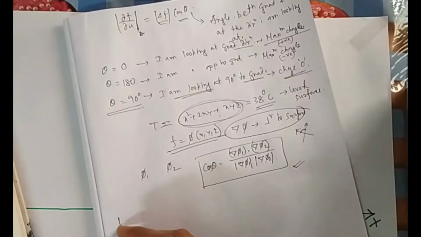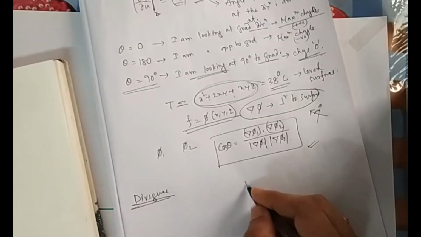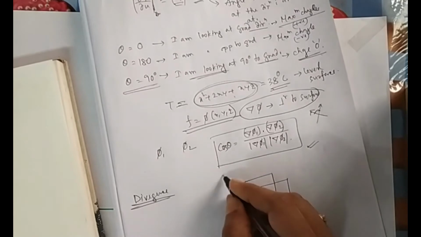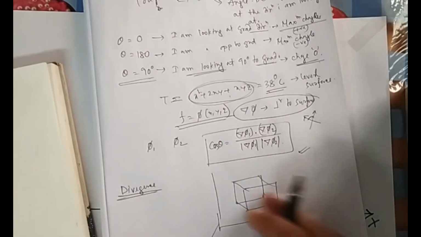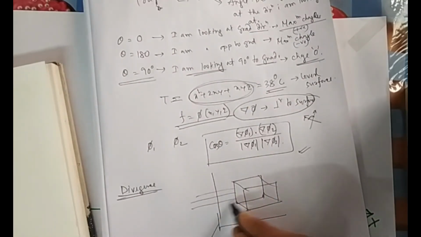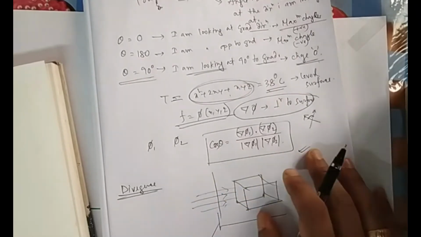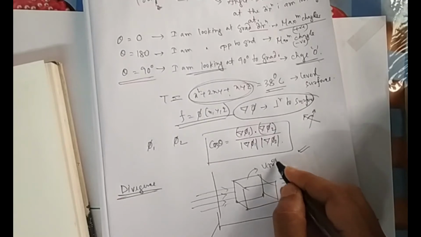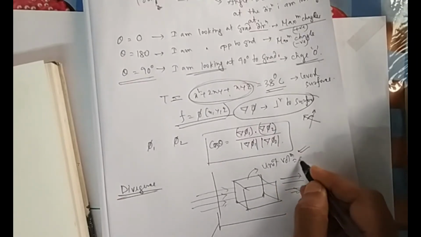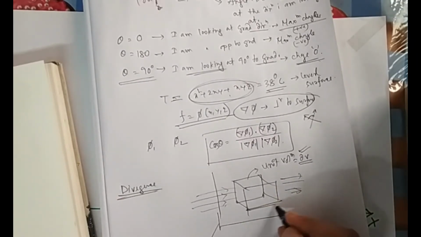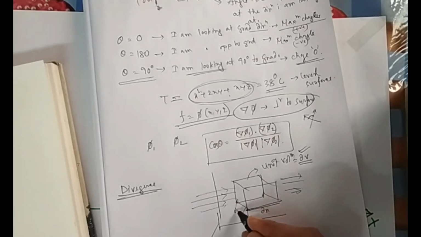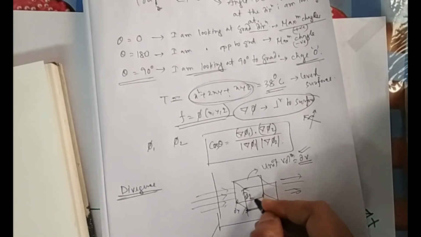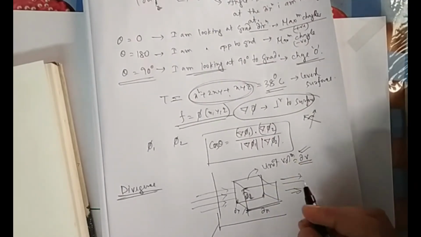Then we will come to divergence. What is divergence? Divergence means, suppose in 3D, fluid is coming or water is flowing and water is going out, and this box is of unit volume. What is that volume? Unit volume means del V, where this length is del X, this is del Y, and this is del Z. Every one is of small unit length; it is just a small volume taken.